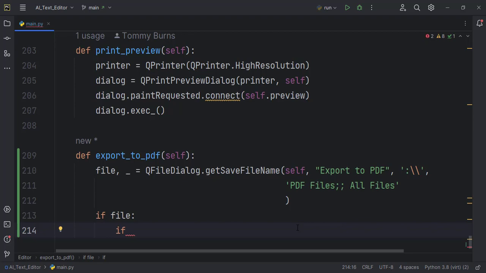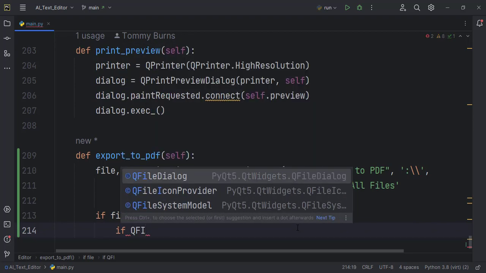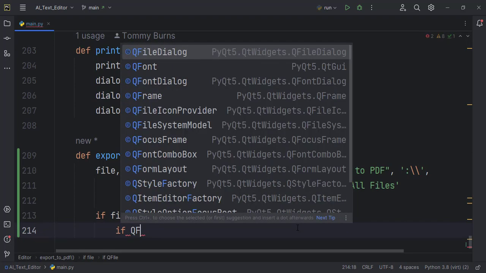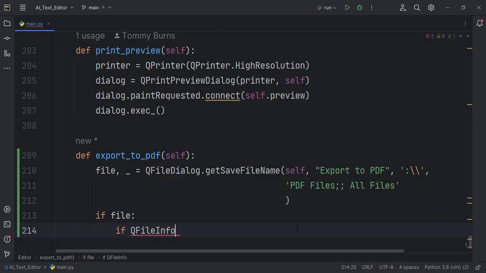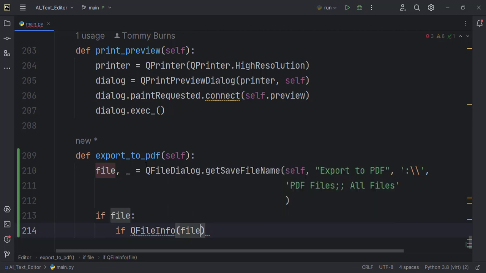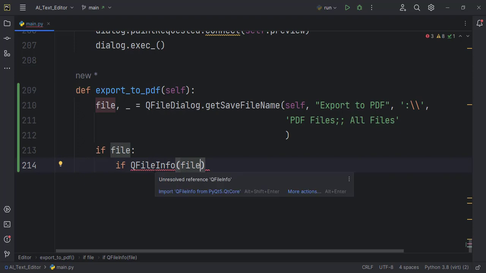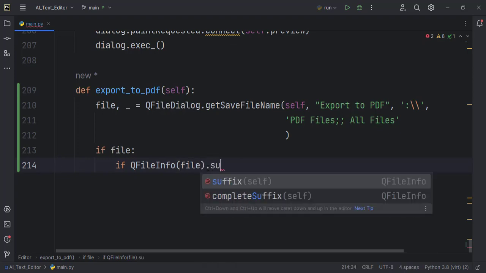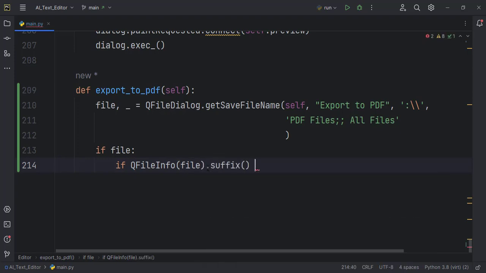So if QFileInfo of the file itself, make sure you have this QFileInfo imported from PyQt5.QtCore. If QFileInfo dot suffix equal to, we want to check if it is equal to whatever the file name will be, and then